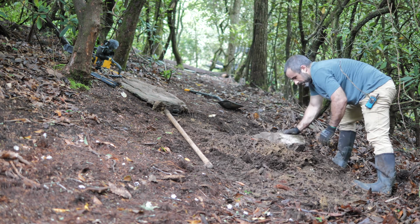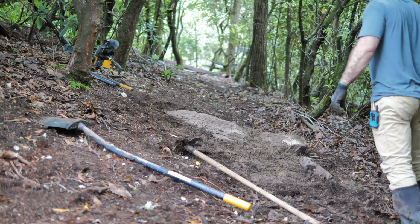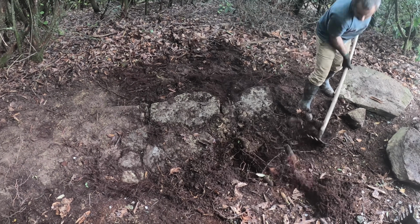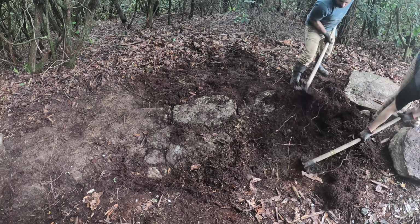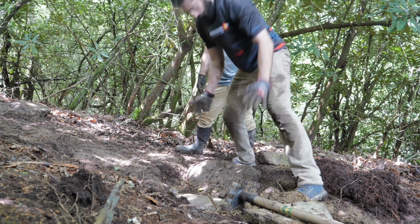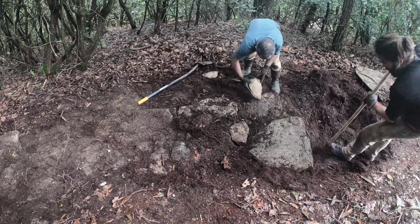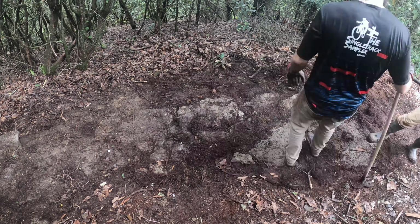We decided to start at the bottom and work our way up. So armoring the exit turn was first priority. Having never built a rock garden before, I had to rely a little on Alex's experience. Last year when I was here in Nashville, I actually volunteered for a SORBA dig day out in Bent Creek. And what they kept telling me is that you have to make sure that you put the rocks deep enough,